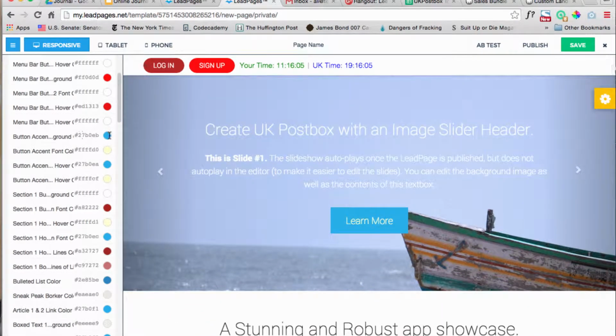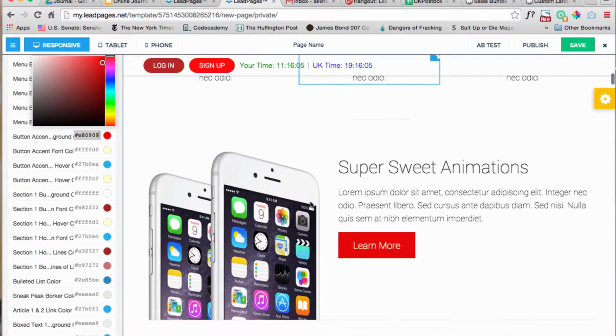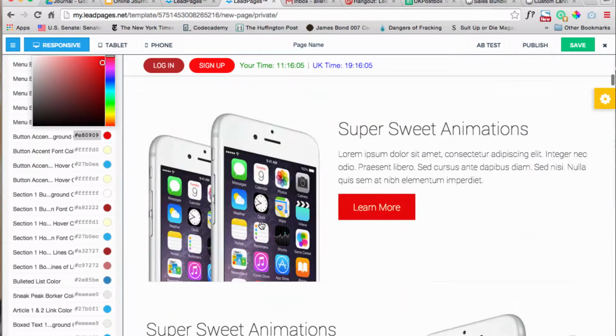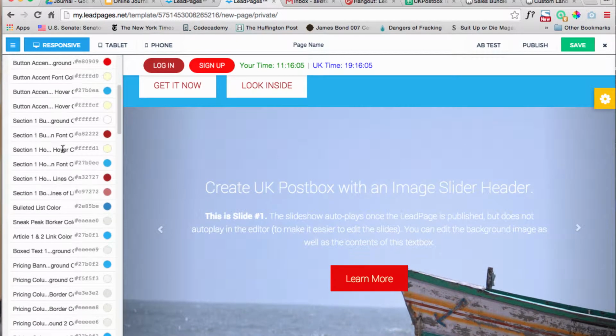is we're going to go to the button accent background color, and I'll make this red. And then you see that it changes every other button. So that's kind of nice, so you don't have to change those all by hand. All right, now if we go